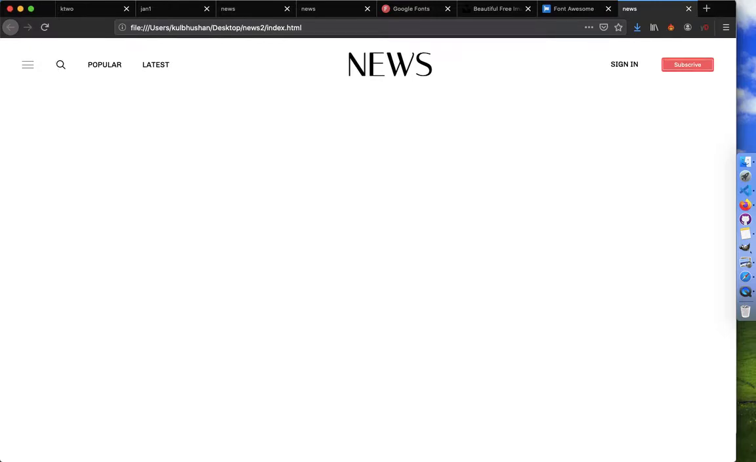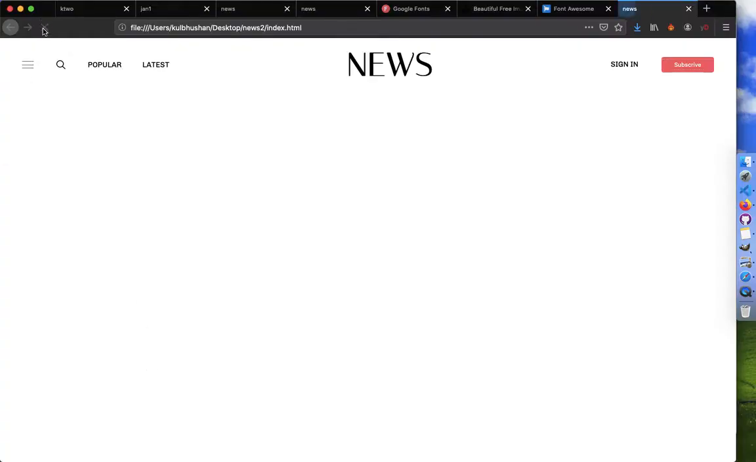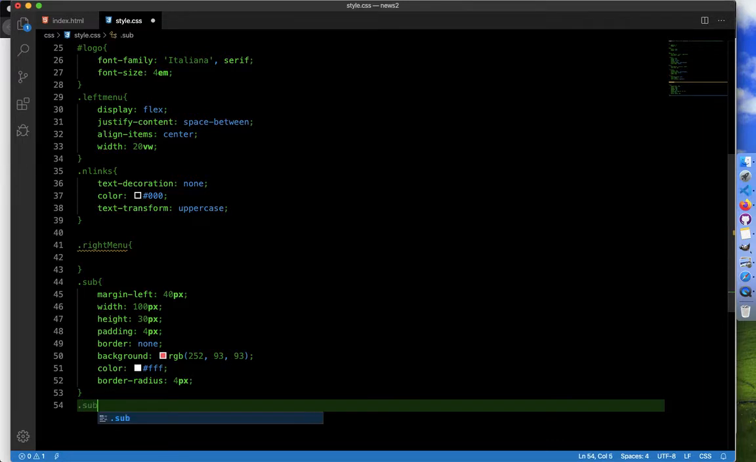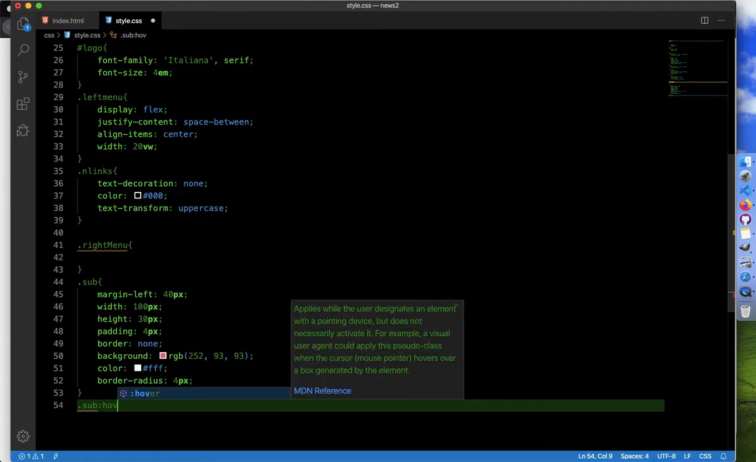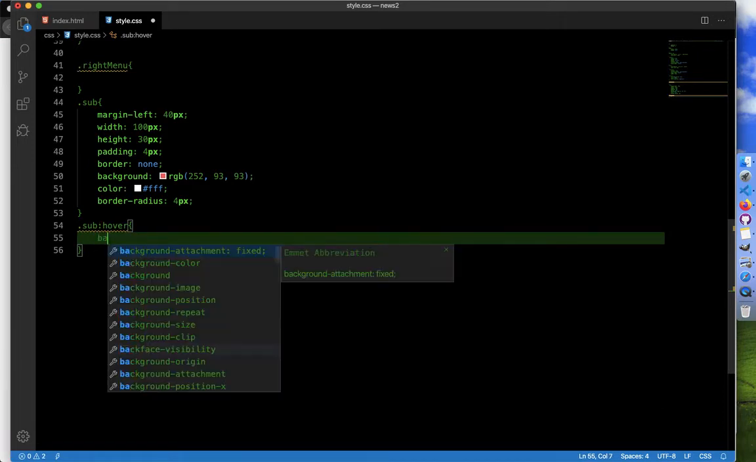Kind of okay. Maybe I increase its height to 30 pixels. That should make sense. Yeah, it's okay. And when I hover on this button, its color should change. So how do we do that? So it's button, then :hover. It will suggest what I'm writing. Or it is its background color